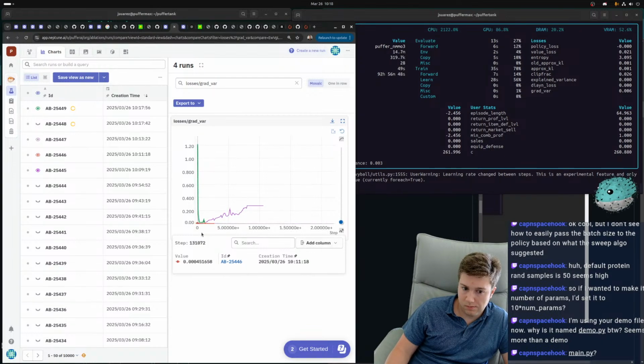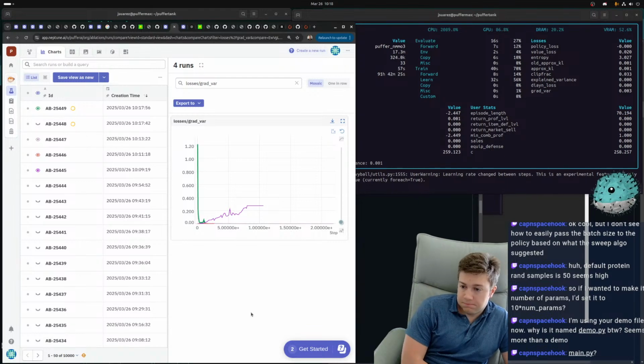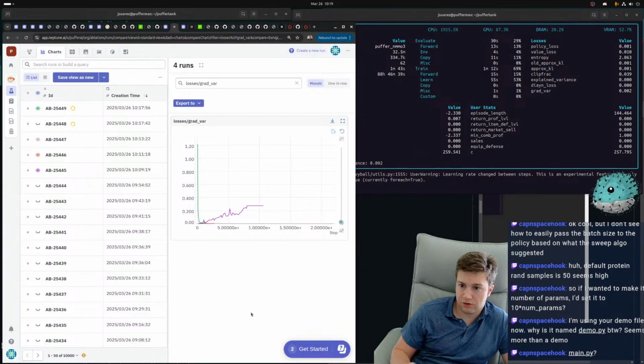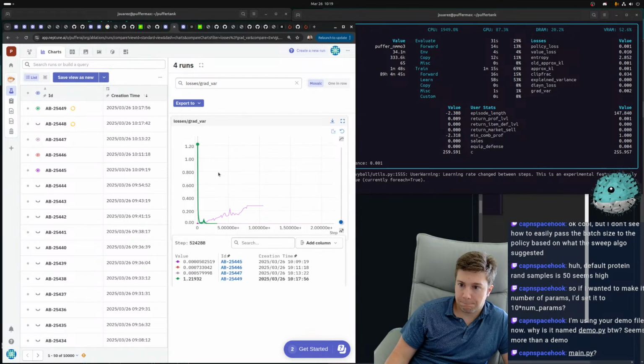Yeah, it was way up there. Starting to optimize a little bit, so we'll see if that translates to gradient noise going back up. I guess its gradient noise is low because it's just not finding anything for a while.